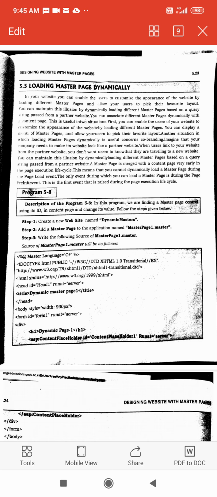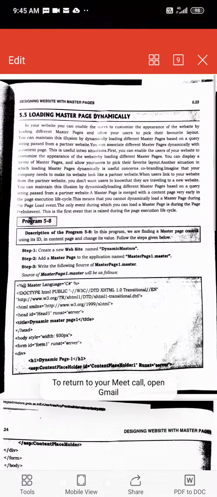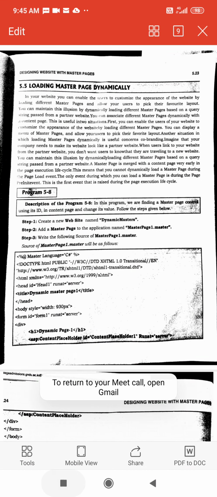Also, if we want to switch from one website to another, for example, if we have opened a shopping website and within that website we want the partner website to be opened, in that case we can have similar layouts in both the websites so that the user doesn't even know that he is traveling to a new website. The new website appears in the same way as the previous one. Right? Is this clear? What I am saying is clear to you?